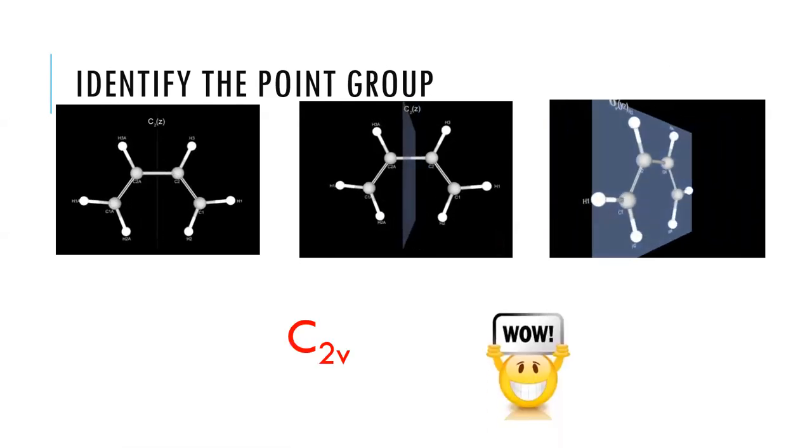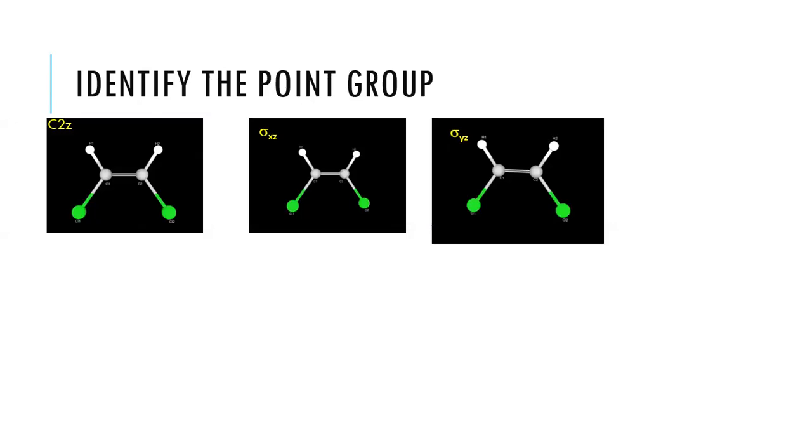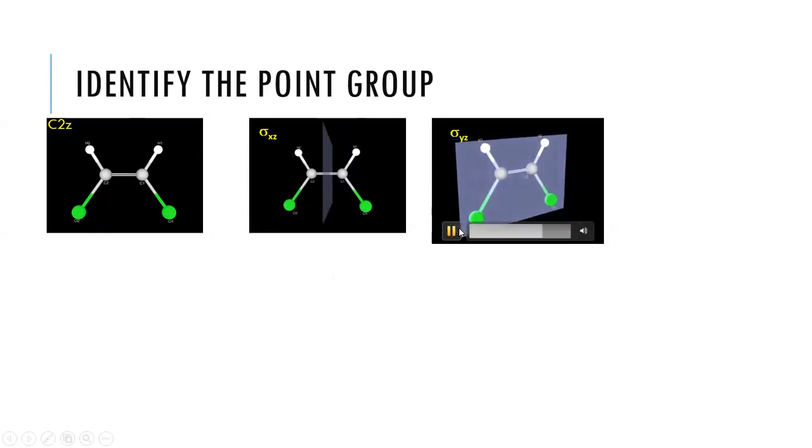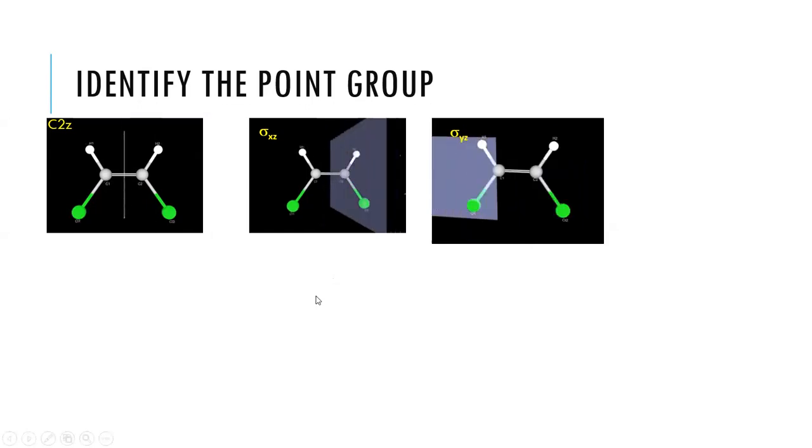If you guessed correctly, you can pat yourself on the back. And now the next molecule: you can imagine this is a dichloroethylene molecule, and the symmetry elements are as follows. This is a C2 axis which rotates the molecule through 180 degrees. And again, you have a vertical plane that goes along the C2 axis, and another plane. This seems to be horizontal, but since it is also going in parallel with the C2 axis, all these three constitute once again the C2V point group.